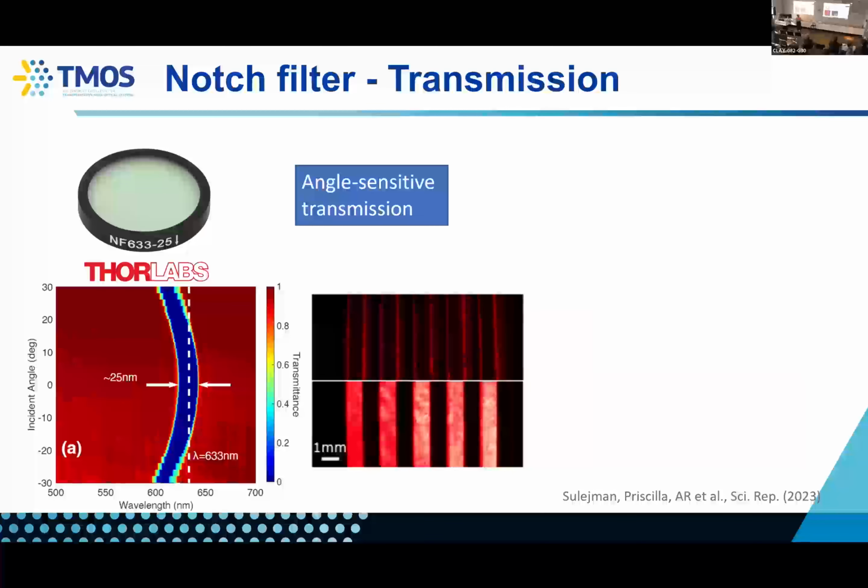We've also looked at a simple off-the-shelf notch filter. This is largely as a proof of concept. And it's well known that if you have one of these filters, the filtering property of the device actually is dependent on the angle of incidence. So if you look at the transmission through this device as a function of both,